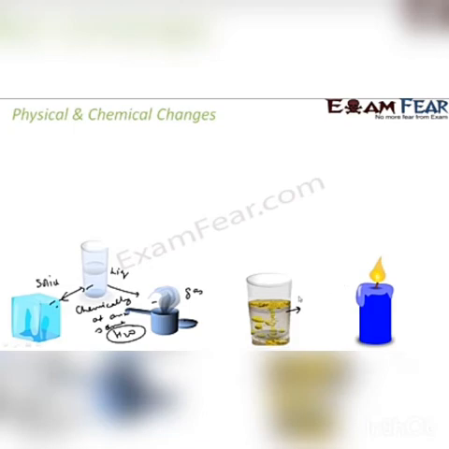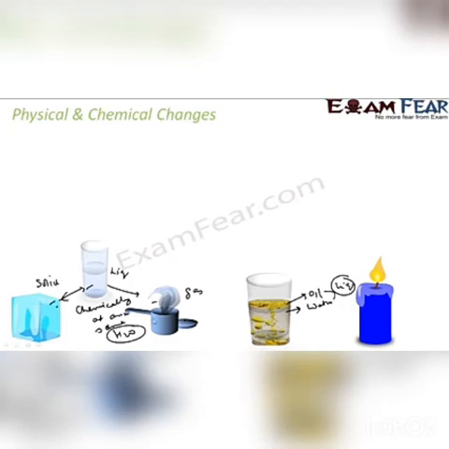Okay, but if you see water and, let's suppose, oil, this is oil and this is water. Both have the same physical property, that is, they are liquid. But if you talk about the chemical property, they are different. They have different smell. Oil burns, water doesn't burn. So they have different odor, they have different inflammability. So you can have something which has same physical property, different chemical property, or same chemical property, different physical property.